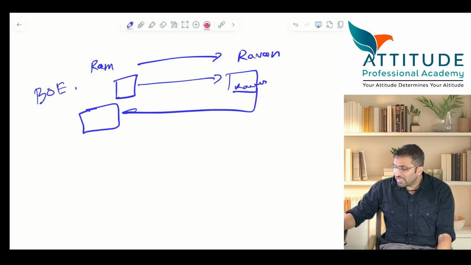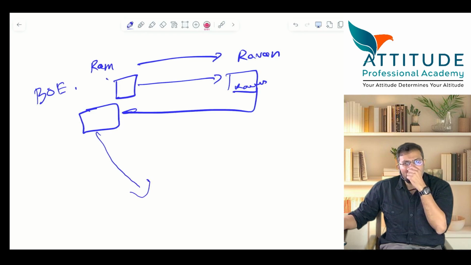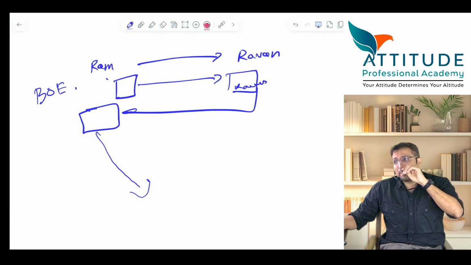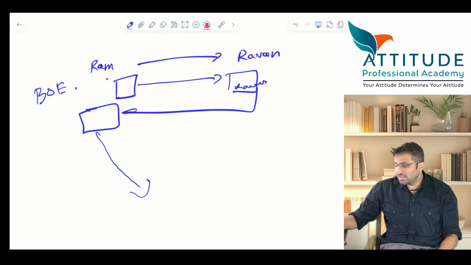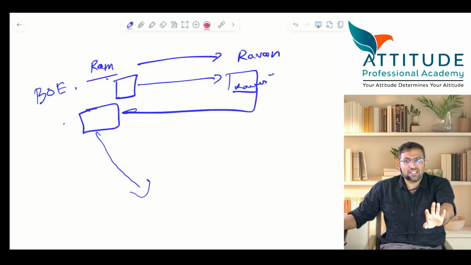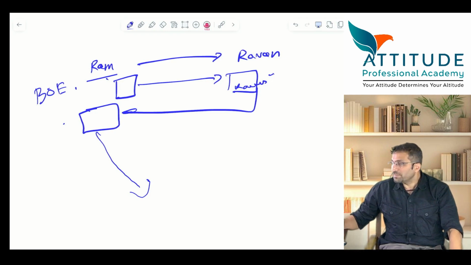And this bill, can Ram hold it up to maturity? Can he give it to the bank? Discount to the bank? Endorse it to any person? So totally how many parties are involved in bills of exchange? Who is Ram? Drawer. Who is Ravan? Drawee. And again, who is the holder of the bill? He is the payee. And payee can be Ram only here, as well as it can be the bank or even Sita in our case. Correct? 3 parties are there.